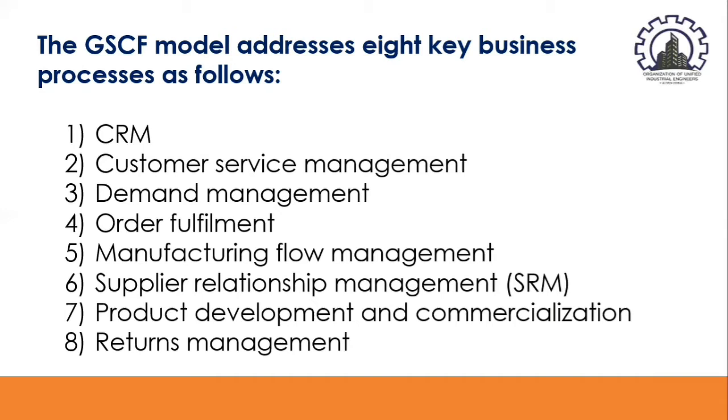And also we have demand management. For demand management, it reduces demand variability and increases supply chain flexibility by balancing customers' requirements with supply chain capabilities. And also we have order fulfillment. For order fulfillment, it streamlines all supply chain activities from product design, customer requirements acquisition, production, and distribution to accepting